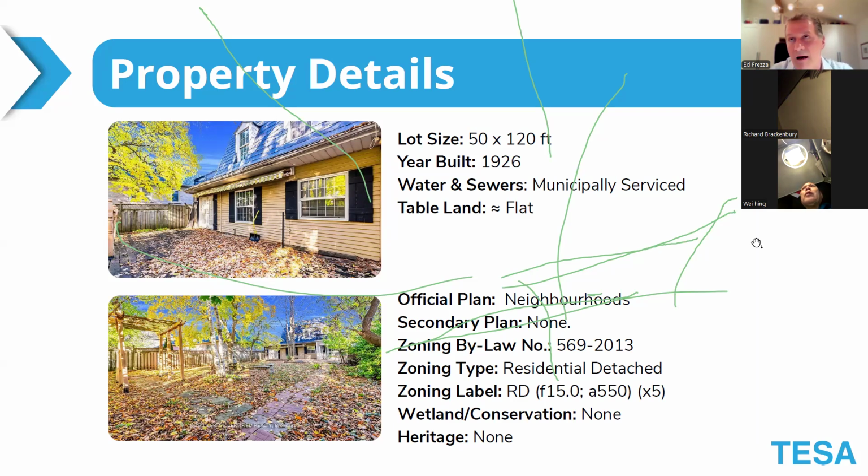You might, as you're doing your own analysis, come across a zoning that has numbers after it. Like in this case, it's F15. And what that means is if you want to sever this, the resulting pieces have to be no less than 15 meters in width. Well, 15 meters is about 50 feet. And it's 50 feet right now. So therefore, we know just at a very quick glance, you cannot sever this. So these are some of the tips and tricks that you would learn in quickly identifying properties, whether there's a severance possible or not.